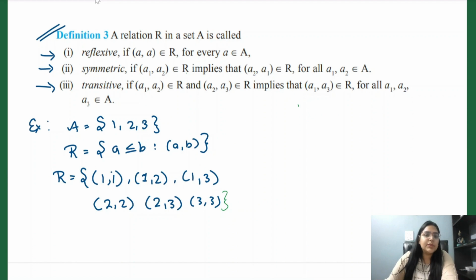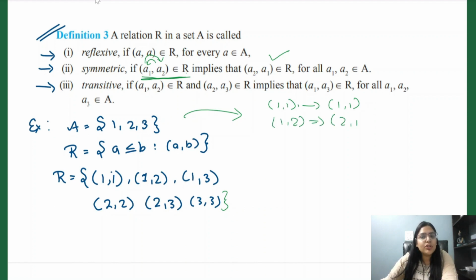Okay, so here it comes. Now comes the symmetric. What does symmetric say? That if we have an element like a1, a2 from the relation, and if we interchange them, that should also belong to the relation. That means if I am talking about this example, if I have 1 comma 1, its opposite 1 comma 1 should exist. If I have 1 comma 2, that implies that 2 comma 1 should exist. For each and every single question, make sure, I am emphasizing on this word, each and every.